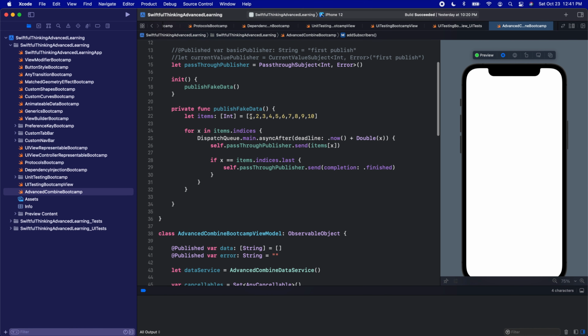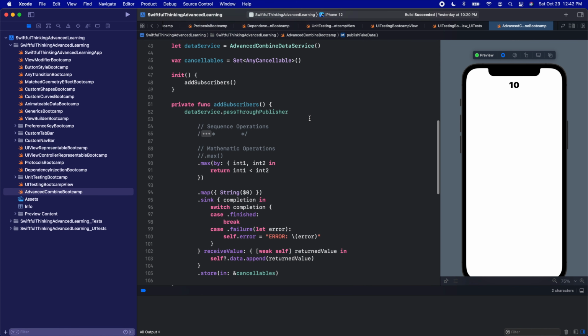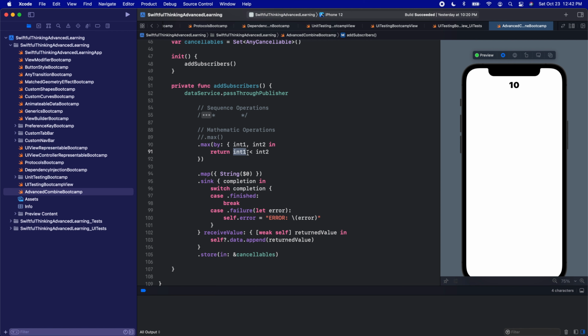So if I look here, this is going to be the first publish, and then this is the second publish, and so on and so forth until we get to the end. First publish, second publish. When we look at 9 versus 10, 9 is less than 10. So where 9 is less than 10 is successful, and that's why the max is going to be the maximum